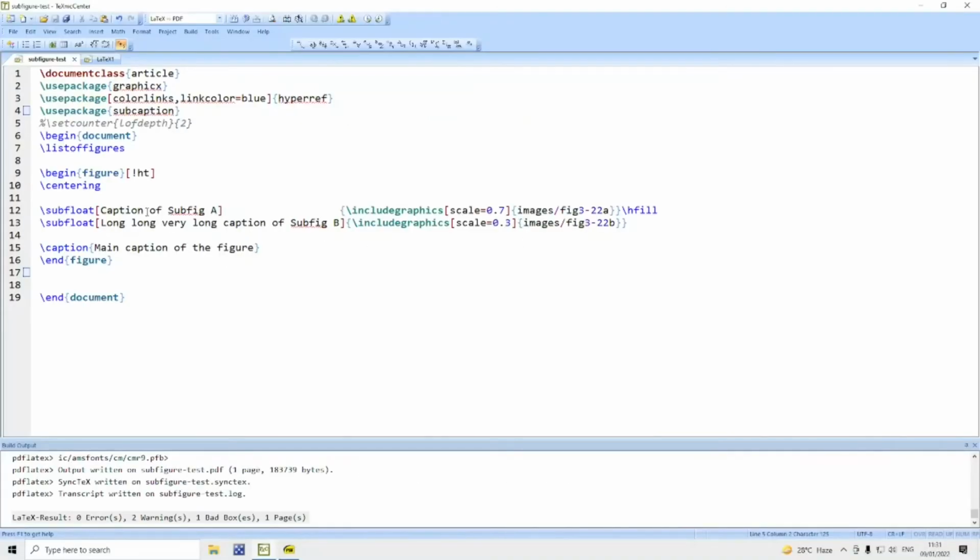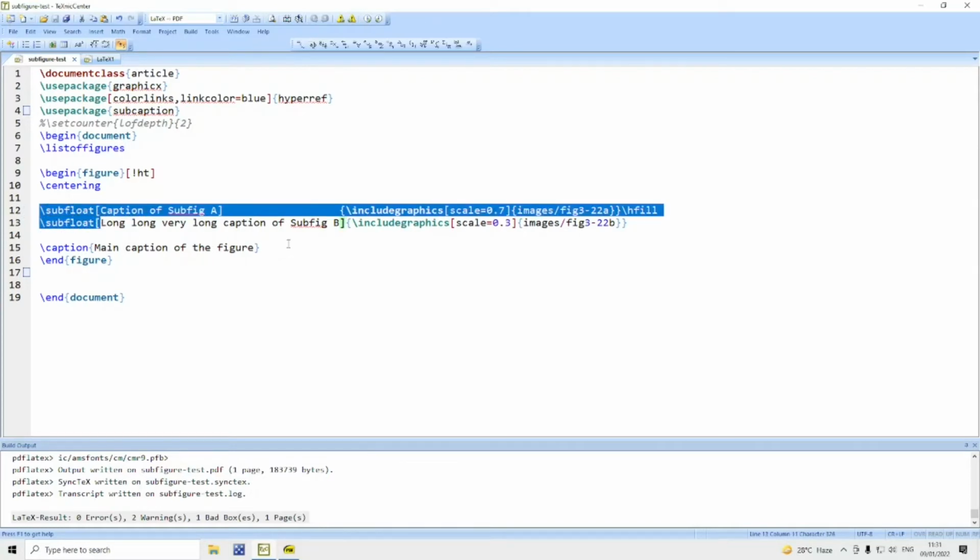You may wonder that I have not changed the coding for subfigures in the document. I am still using \subfloat. Yes, the author of the subcaption package has made it that way. He has made the \subfloat command compatible with his subcaption package.